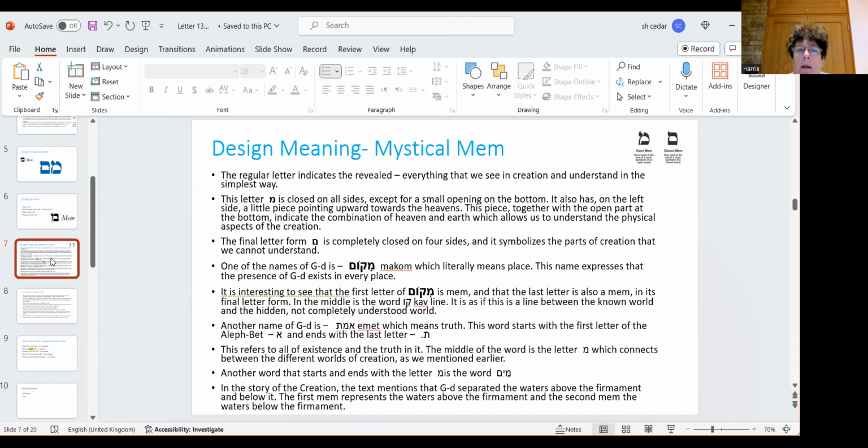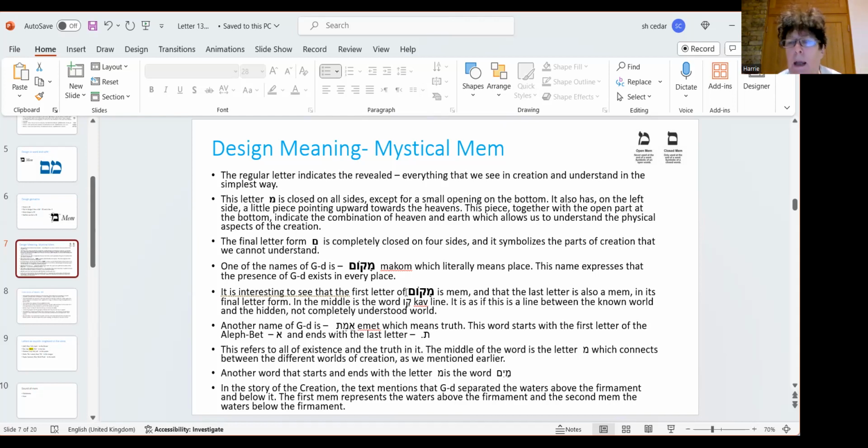Mem comes up in both forms in one of the words for God, makom, which literally means place, but we talk about hamakom, the place, as a name for God. And it's got the open mem at the start and the closed mem at the end. So makom, we read that way, and this kav letter line in between. And so people talk about the makom, this name of God, linking this openness in creation to this unknown mystery that we can never understand, the not completely understood